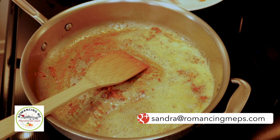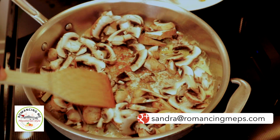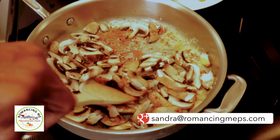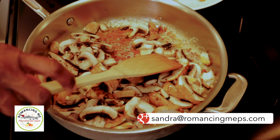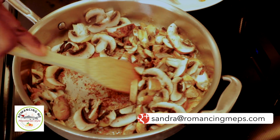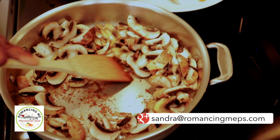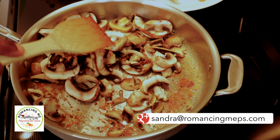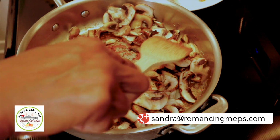So we're first going to add our luscious baby bellas. You know how I love those baby bellas. I really enjoy mushrooms overall, but baby bellas I enjoy the most. See all that flavor from the crustiness of the shrimp. Mix all of that in. That's going to be really delicious. We want to make sure we